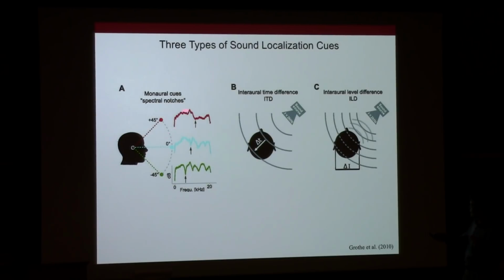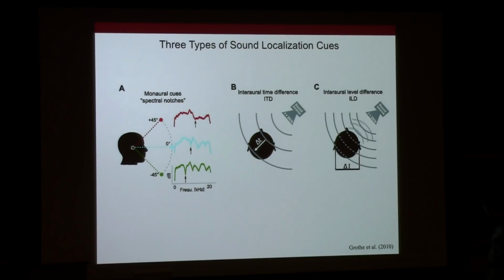It creates a notch. That is, if you play white noise here and record the sound here, white noise has a flat envelope, but what you record is no longer flat, it has a notch. This notch changes as the location of the sound changes. So this is how we tell sound from front and back. That's why if you lose your outer ear, or if you artificially block it, you will find your ability to localize sound along this line impaired. So these are three parameters that allow us to determine the location of a sound anywhere in this space,